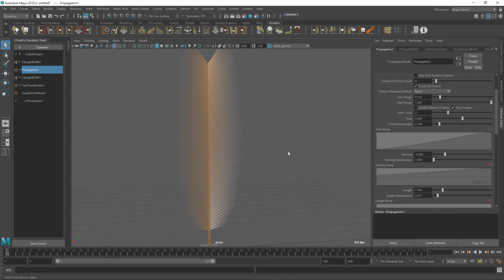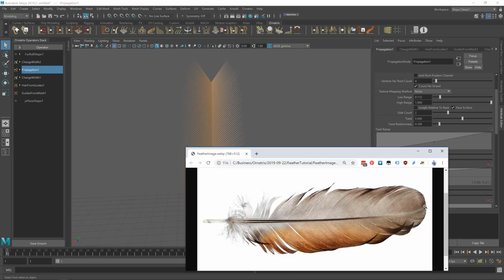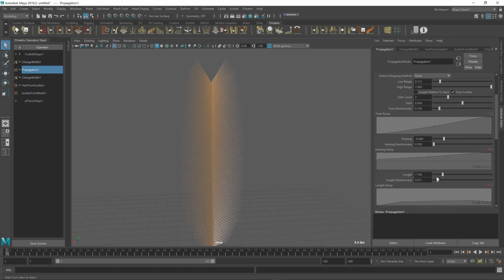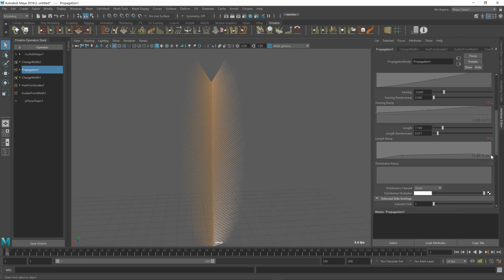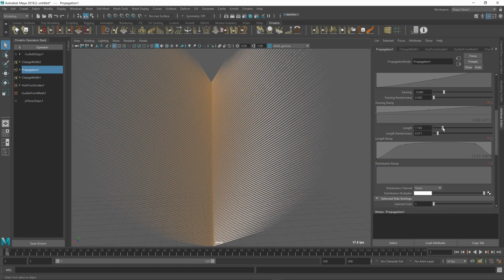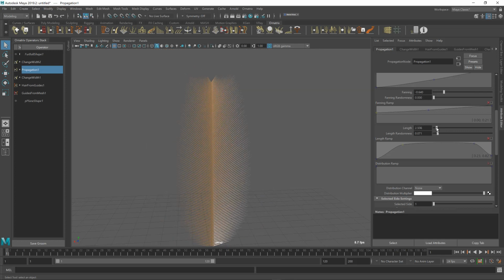One other thing is that at the very top, we don't really want this V-shape thing happening. Instead, we want them to be kind of like a continuous line here. So we want them to be very short at the very top while still being bent at 45 degrees. To do this, we'll need to play with both the fanning and the length features. So length ramp, let's actually increase the ramp a little bit here and decrease the global value so that we'll have a little bit more control